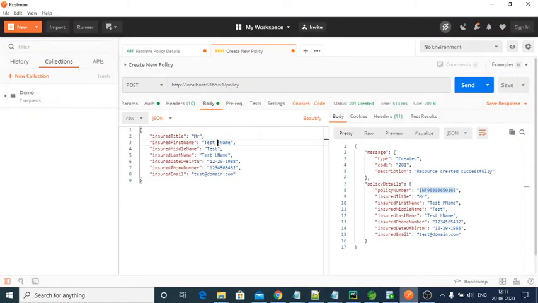Here I will start with the request test, and then for the first name I will start with something simple, and I don't want to use F name, so I'm giving some generic name. Here is the T I'm providing, and for the insured last name, let me change it to L name, and the data would be something like